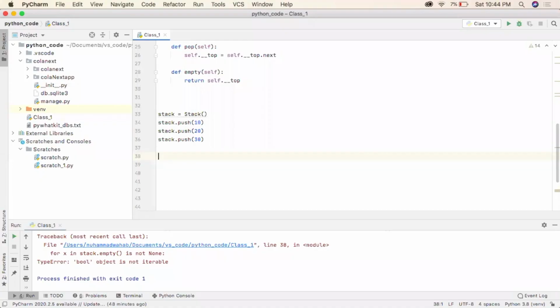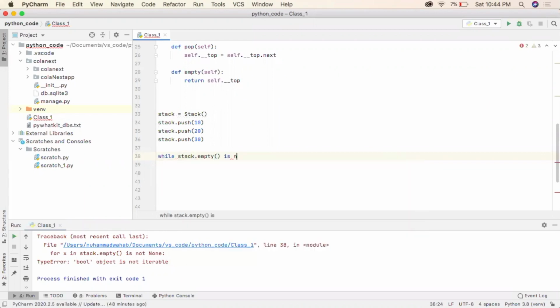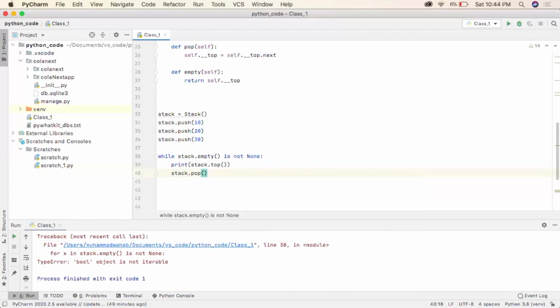If I want to display the values of the stack one by one, I'm just going to loop through it: while stack.empty is not none. For as long as the stack is not empty, I'm going to print the value of stack.top. The stack.top function will return whatever value is on the top. After that I will call the pop function. The pop function will move the top to the next element. So if I go on and run this,